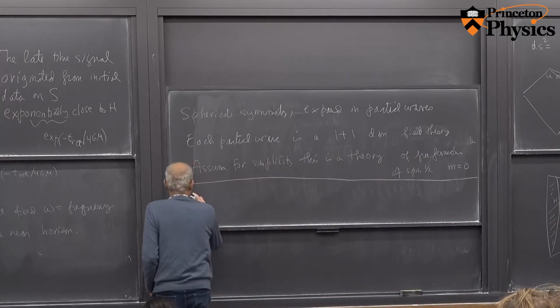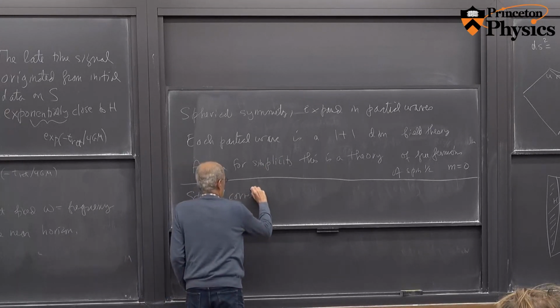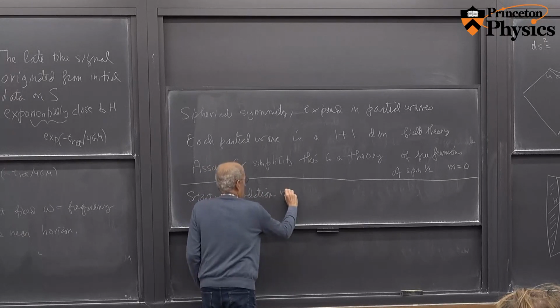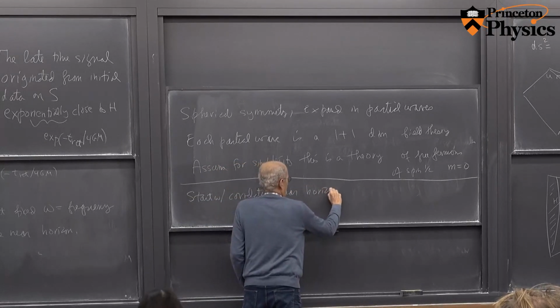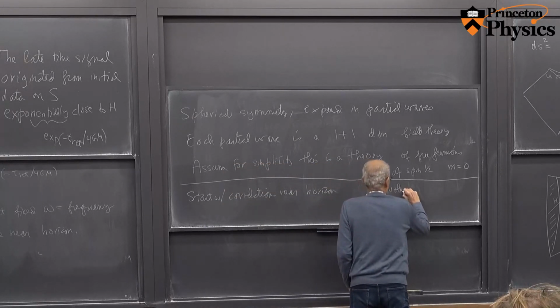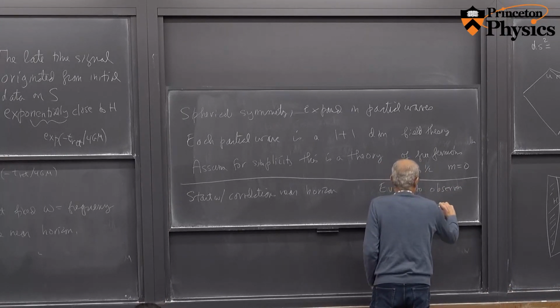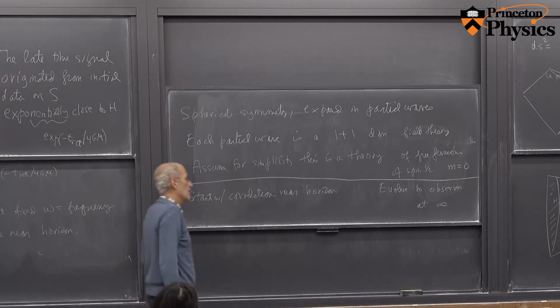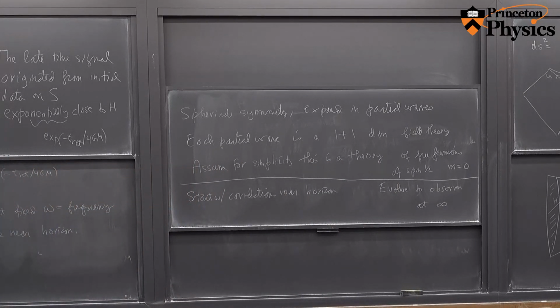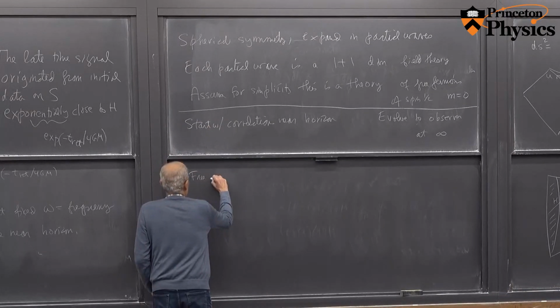So what we do is we start with correlations near the horizon. And then we just evolve them to the observer at infinity. And we'll do this first in the free streaming approximation where the field is free. Then we'll correct for that. But in the basic example of free fermions,